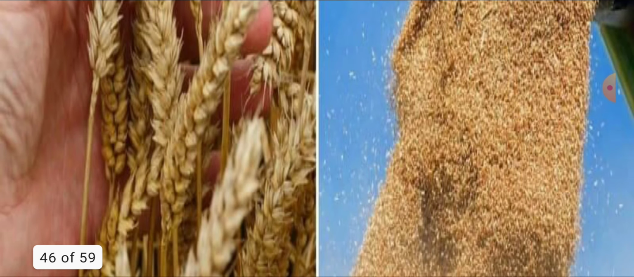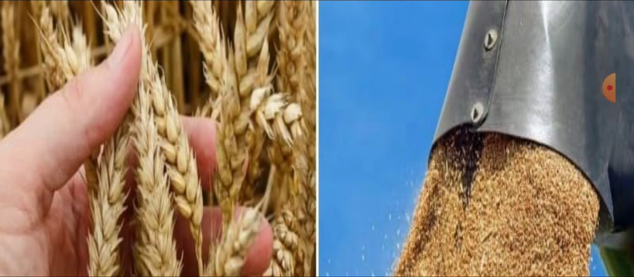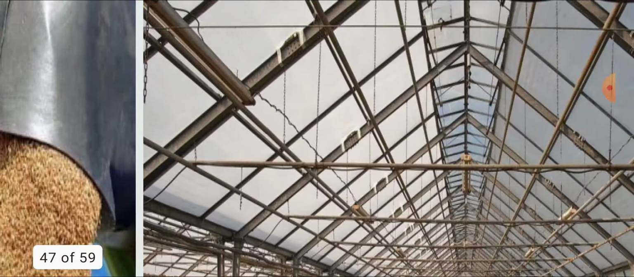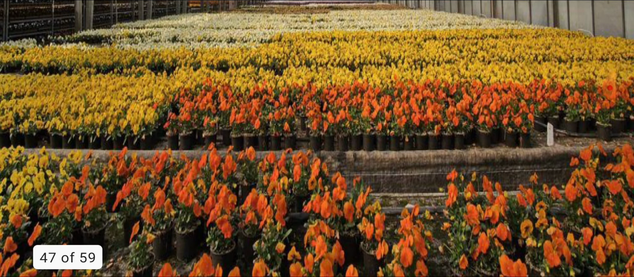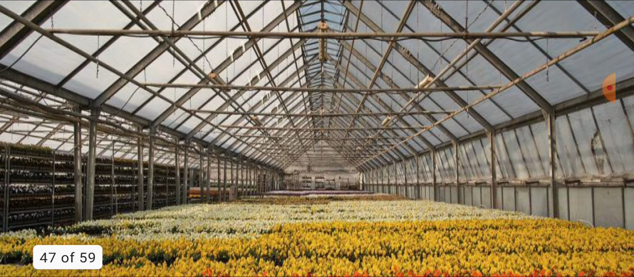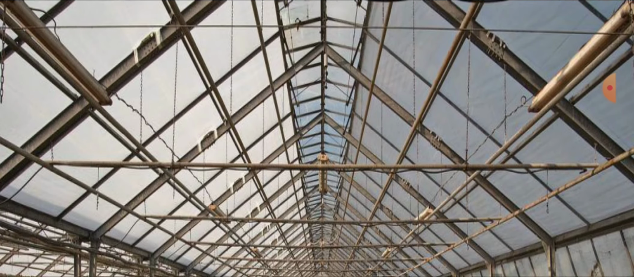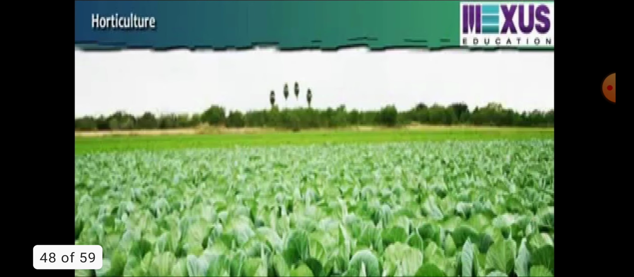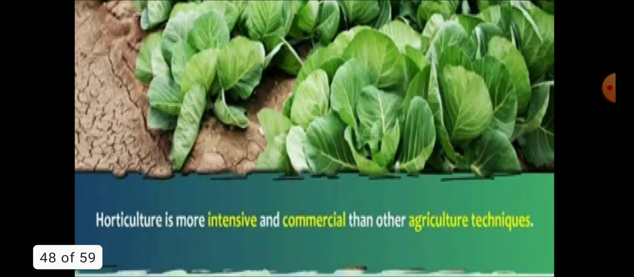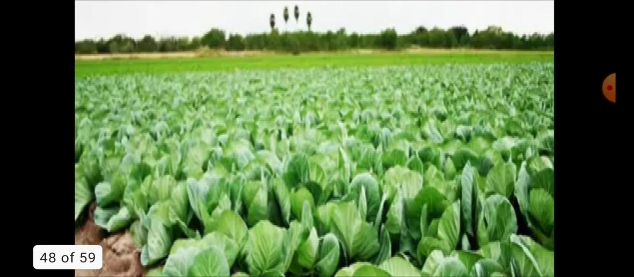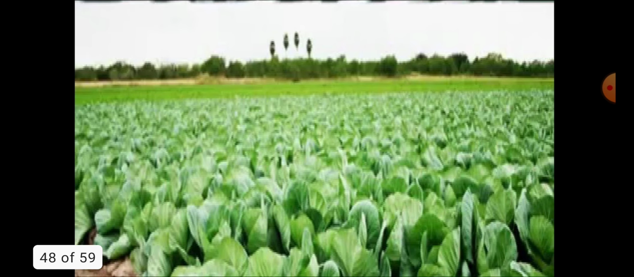You can see due to the green revolution, Norman Borlaug is also the father of the green revolution. Now with the help of the polyhouse, and you can say these are the polyhouse, you can do horticulture also in the greenhouse. And horticulture is more intensive and commercial than the other agriculture techniques. You can grow the various vegetables with the help of